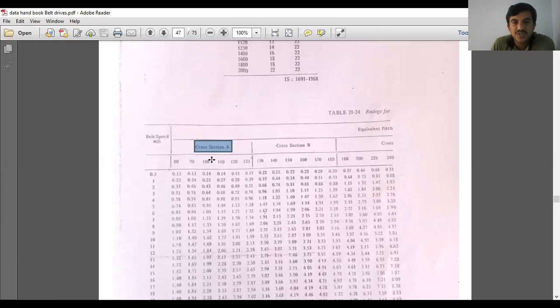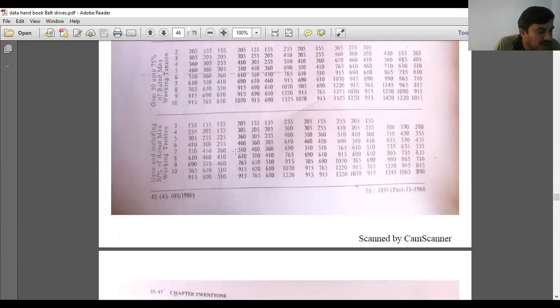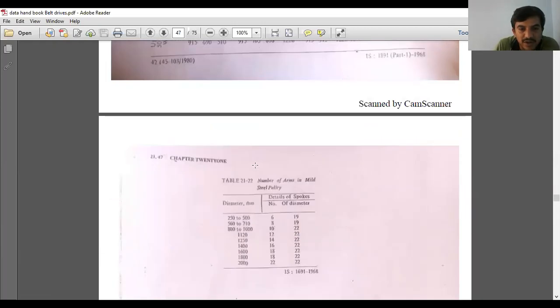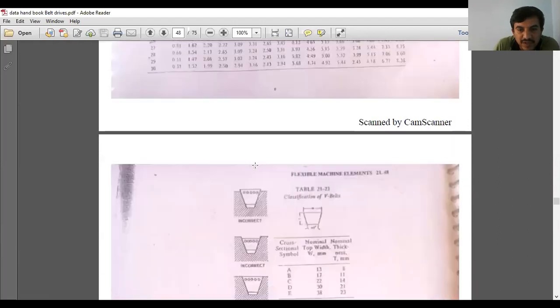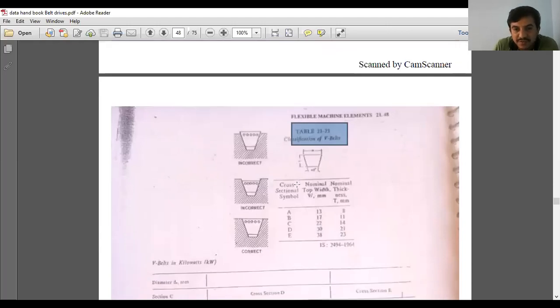Once you select the cross section of the belt, what is the next one? Once you determine the cross section of the belt, that is A, B, C, D, and E, then you determine the cross section dimensions by referring to table number 21.23. See that in table 21.23, classification of V belts.